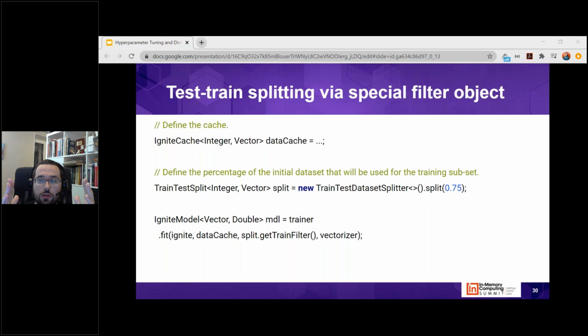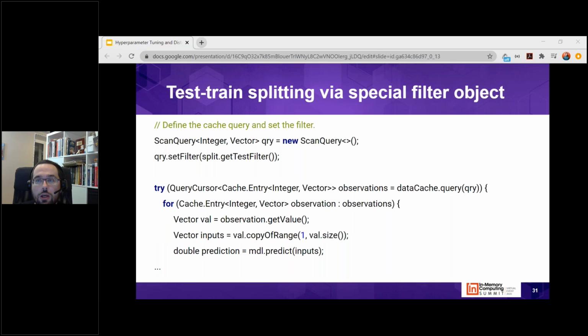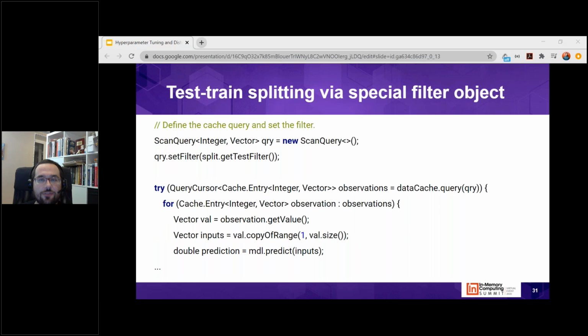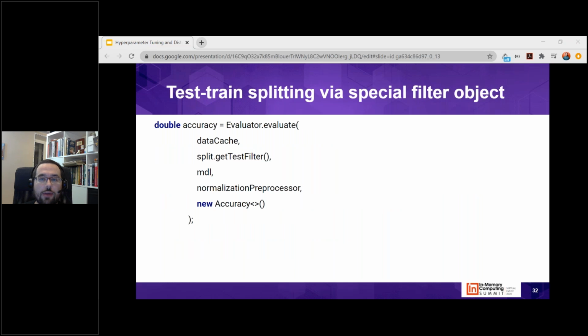and this parameter passes a filter condition to each cache. The user, like on this slide, can call the methods from the train-test splitter. He could call get train filter, or he could call get test filter and pass it, for example, to the cache to calculate different metrics manually, or pass it to the evaluate method of the evaluator, to calculate, for example, accuracy, like on this slide,